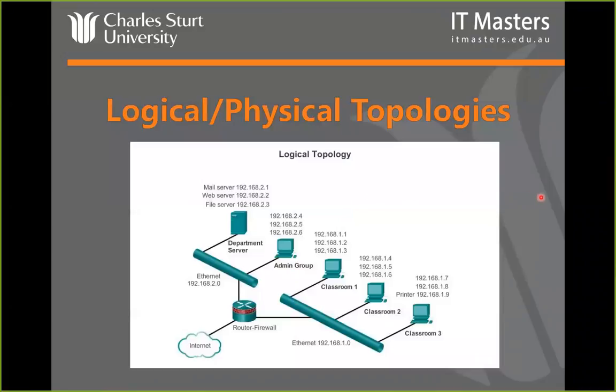If we look at the logical topology of how that looks, this is what we're looking at here. It looks a little bit like the physical topology, but less cluttered, and just shows us the way traffic is routed and the way traffic works from a logical perspective. There's a little bit more information with respect to the IP addresses and the subnets, but otherwise very similar.